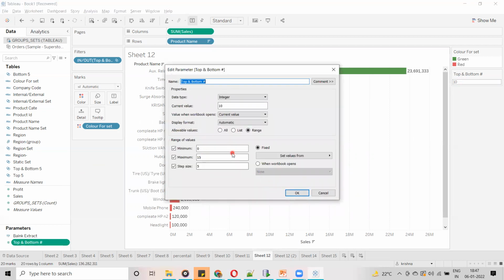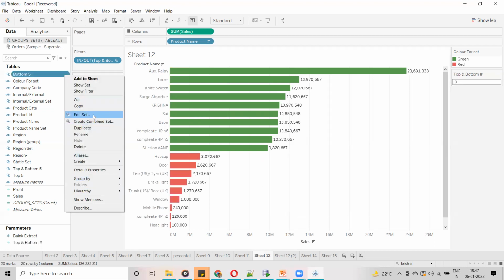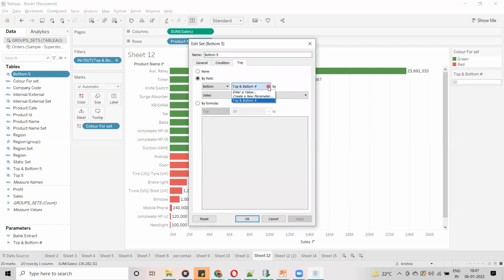Is it clear, guys? But this is just practice, guys. I am explaining what is meant by a parameter and how it is going to work. Now here, I said we have to write a calculation, but in this case we haven't written any calculation because there is an option in the sets to select the parameter, to pass the parameter value directly as a bottom or top.